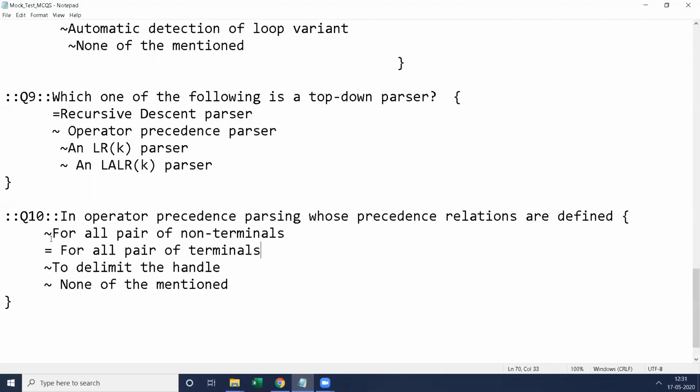In this part, we will use 2 different symbols for representing the type of the answer. The tilde symbol is used for specifying a wrong answer. The equal to symbol is used for representing a right answer. Here only one right answer is there.